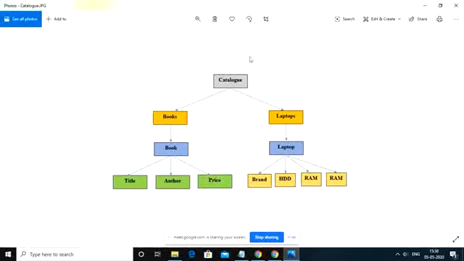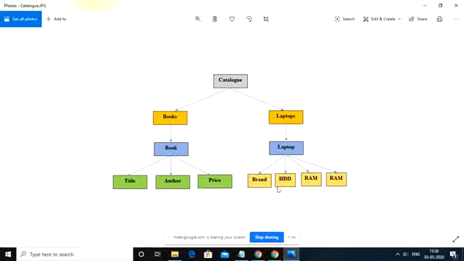Like that, all the elements which are part of any particular XML document are arranged in a tree fashion, nothing but a hierarchical fashion, or level by level. At the top you have the root element and all the remaining elements are children. Catalog has an opening and closing tag.